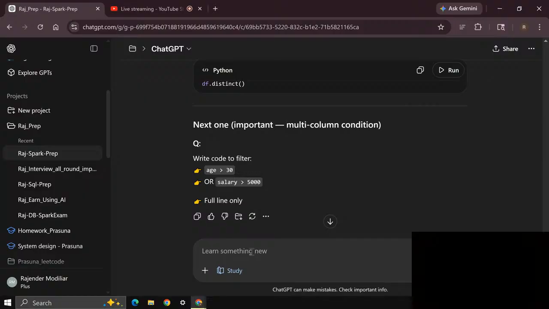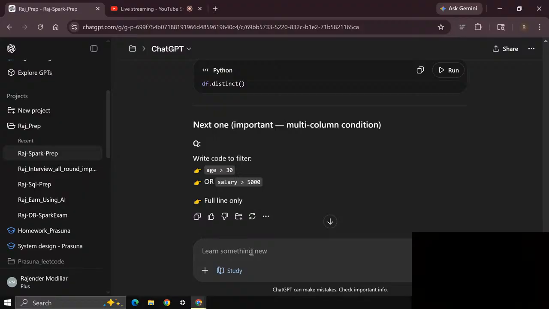Write code to filter age is greater than 30 and salary is greater than 5,000. Filter column age.